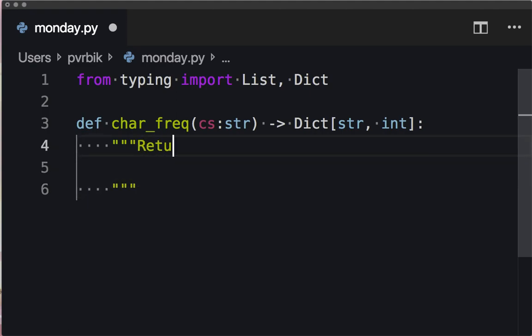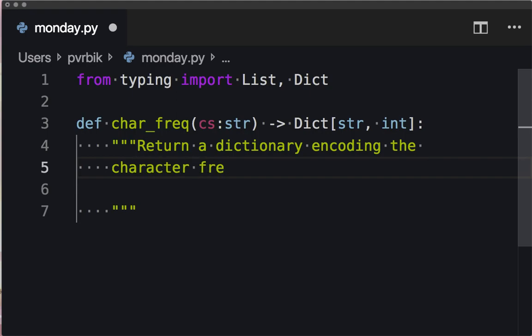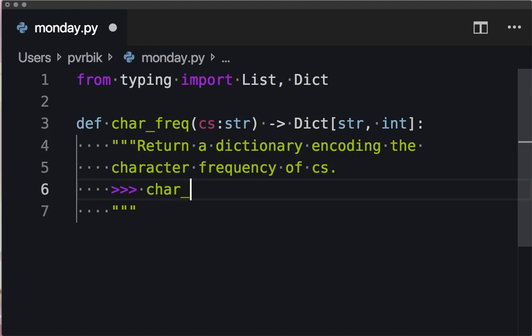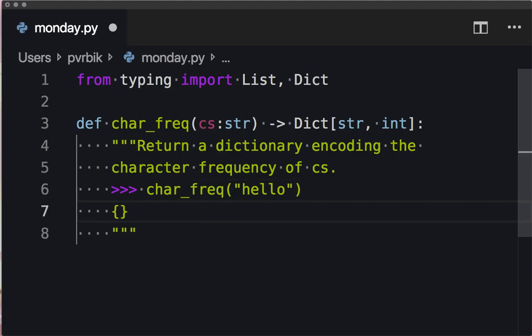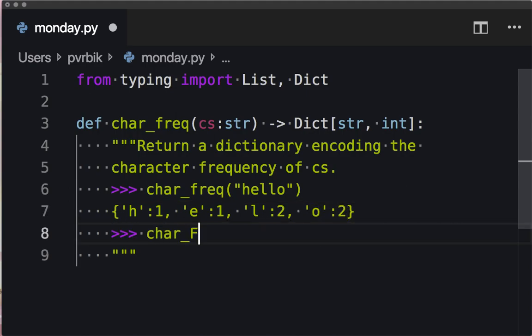So return a dictionary encoding the character frequency of Cs. So I can do something like character frequency of hello would be the dictionary. H goes to 1, E goes to 1, L goes to 2, and O goes to 2. And just one more, character frequency of the empty string should return